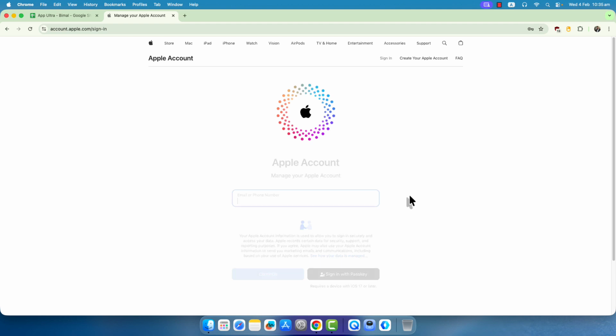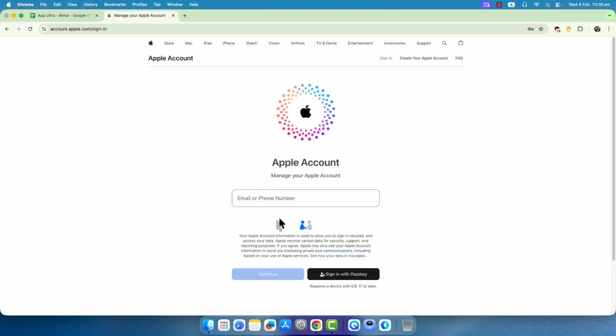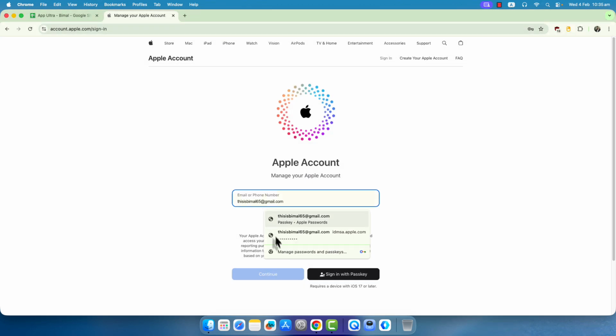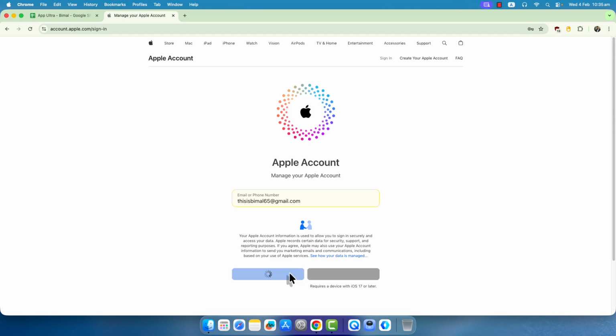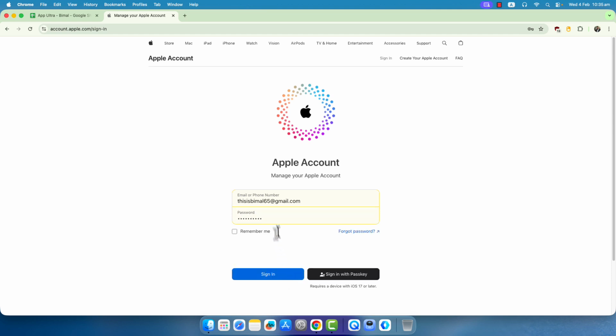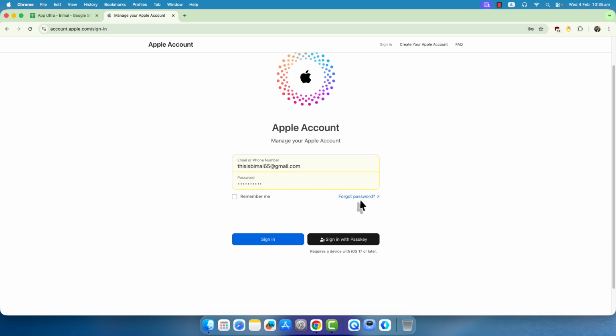If the verification is failing, you must make sure first of all your email address and phone number is correct. So the credentials that you provide will be very important in this case. And then comes your password. Make sure that your password is also correct. In case you forgot your password, you can click the forgot password button right here to reset using your email